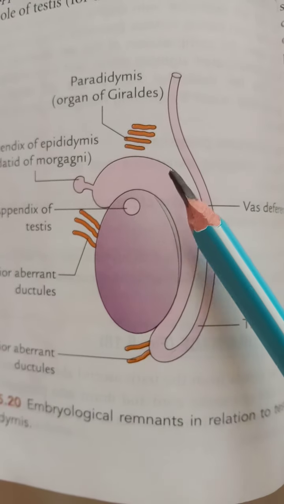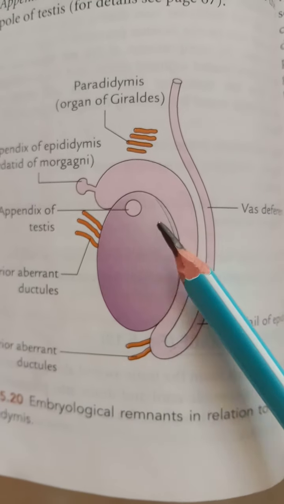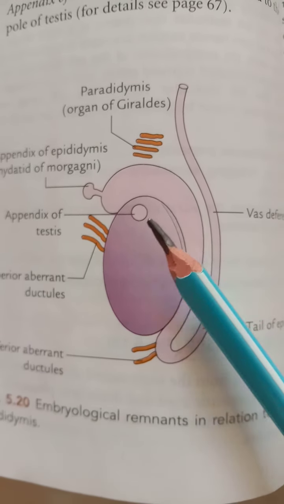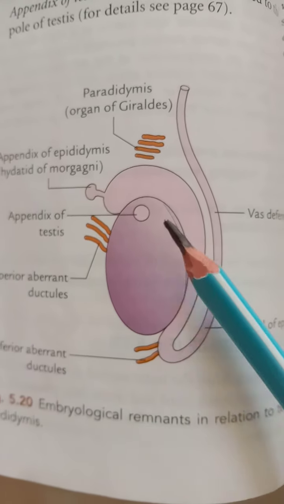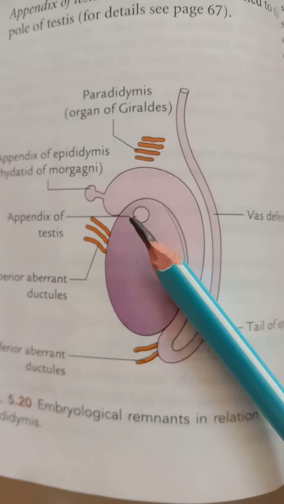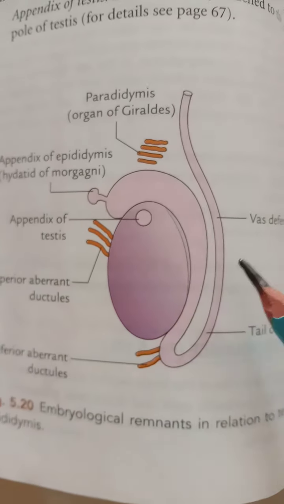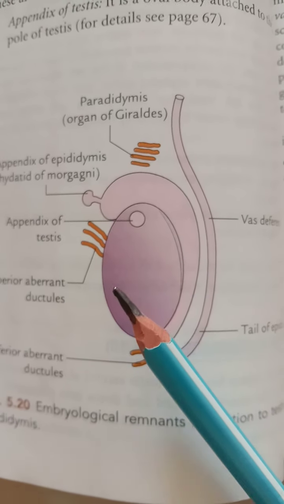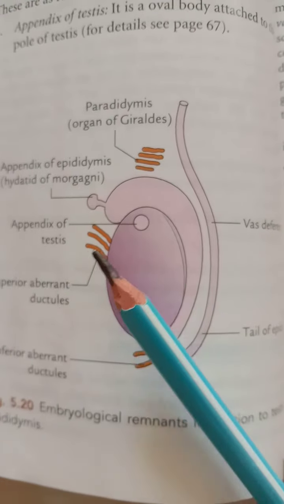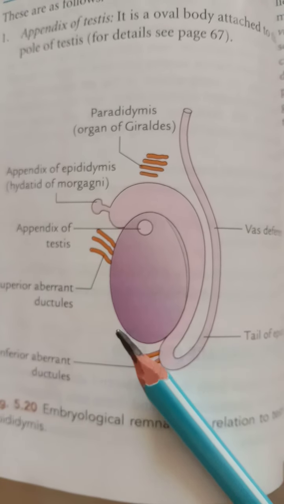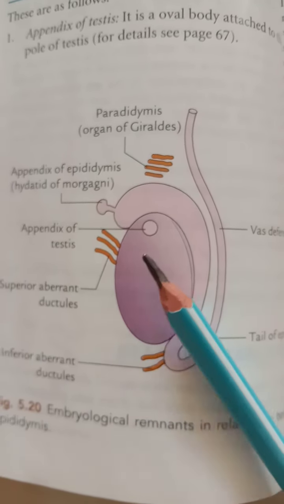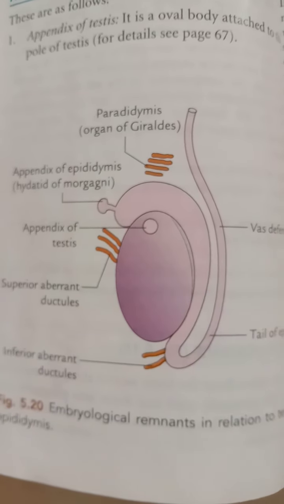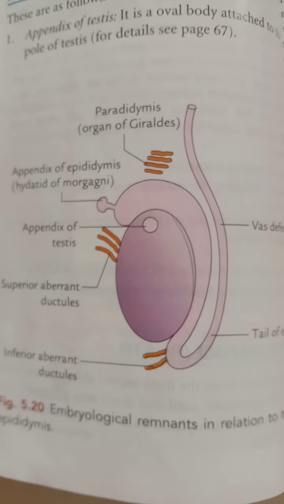Then the arterial supply. The epididymis is supplied by the testicular artery. Then the venous drainage is the same, the testicular vein, and the lymphatic drainage is to the pre-aortic and para-aortic lymph nodes. Then the nerve supply of the epididymis is the sympathetic nerve through the testicular plexus, the fibers of which are derived from the segments T1 to L1 of the spinal nerve. So that is the